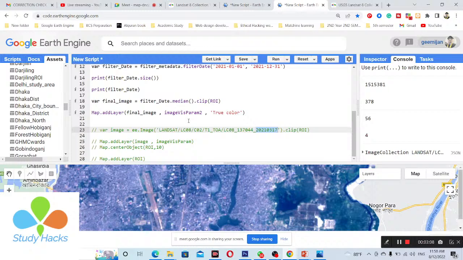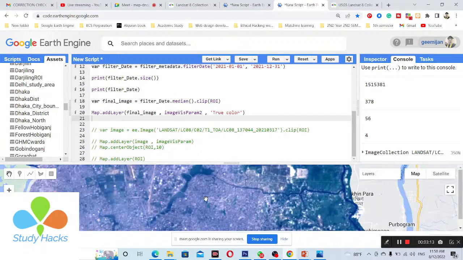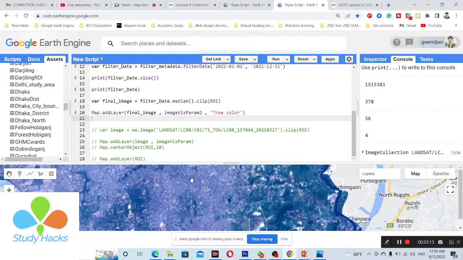So mainly we can use the median process. Suppose when you want to check some satellite image, this satellite is not covering the full region, or suppose it covers all of the surroundings, but in some middle portion there is no satellite image. Then we also use the median composite or average pixel value. So it also fills up the space where there is no satellite image. So it covers this area or this region and takes the pixel value from all of the images and creates the median pixel value.